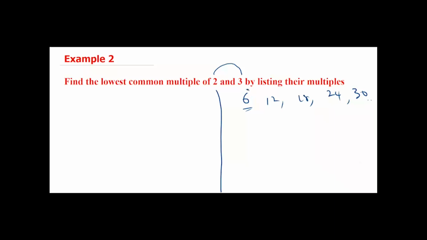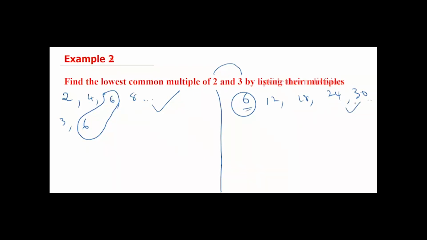You can see that the first one is always the lowest common multiple. So that is using this method. If you want to list out their multiples, the multiples of 2 are 2. Let's count in 2s: 2, 4, 6, 8, and so on. Then the multiples of 3, let's count in 3s: 3, 6. Since you have a common multiple, you stop there. That first common multiple will be the lowest common multiple. You can use this method if you have small numbers, and if you have big numbers, you